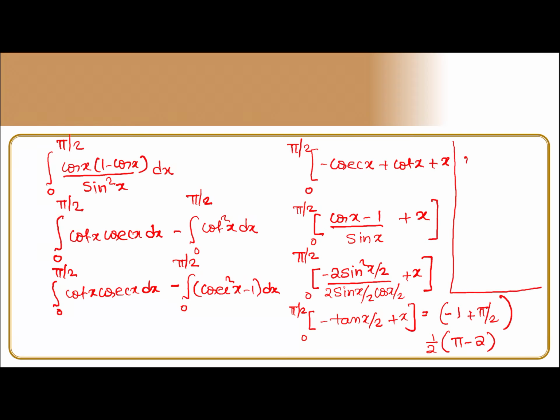So what is the value of m here? m equals 1 by 2 and n equals minus 2. Therefore m into n is equal to minus 1. Why I took this problem is because when you got the cosecant x integral, you got minus cosecant x, and if you directly put the limit, it tends to infinity. So whenever this type of question comes, you convert into simple form, convert into half angle, then there is no issue at all. Because tan pi by 4 will give you 1, and tan 0 is 0. You'll get your required answer.